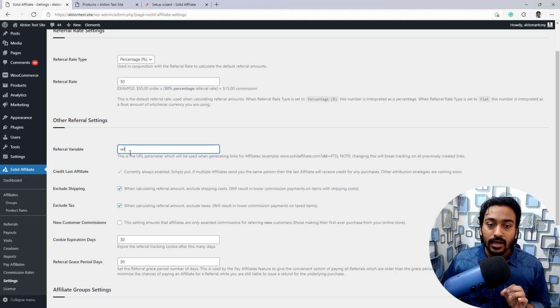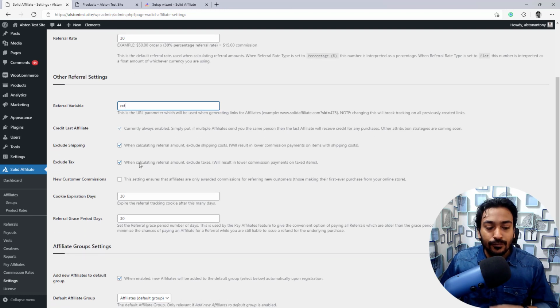But make sure whatever ID you decide, you set it up at the first itself, and you don't want to change it in the middle of the program, when you have signed up a lot of different affiliate people. Because when you do that, all the old affiliate links are not going to work, which might make a lot of mess for you or for your affiliates, because they need to go and update all these things. Or if you make any changes, make sure to let all the affiliates know. Yeah, I'm going to do something like ref.